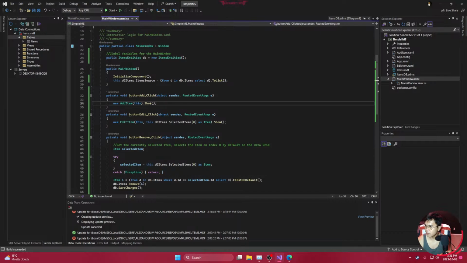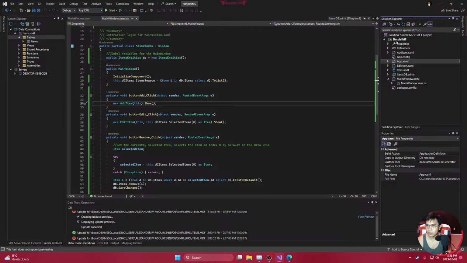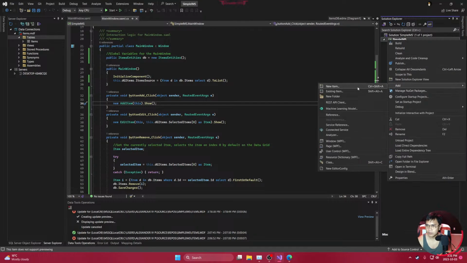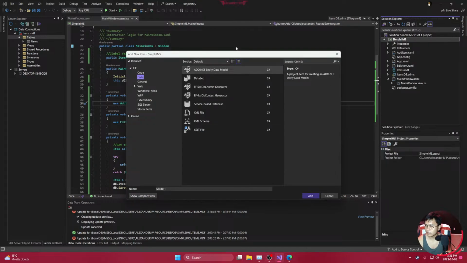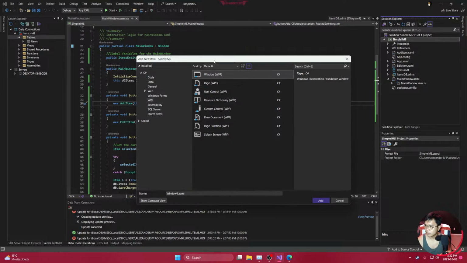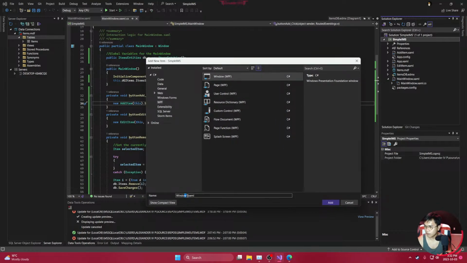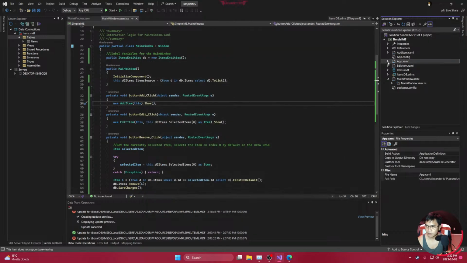So the next one is adding. For adding new items, you don't necessarily have to create a new WPF form. You can just have it set within the window itself, or a form or window, right? But for me, what I usually do is create a new window. Once you've created a new window, just name it whichever one you need for that specific button, which is add item, which I already have, which will create this XAML markup